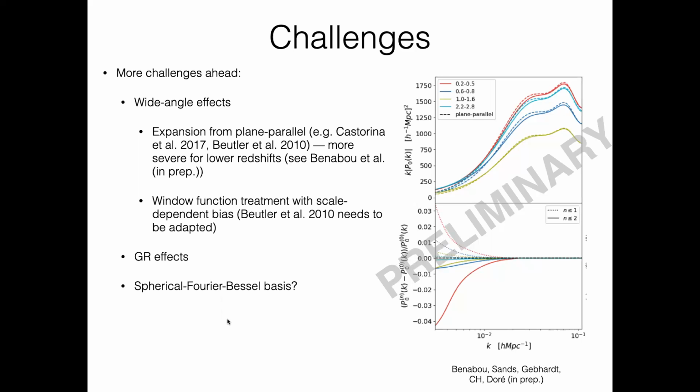For the bispectrum, it turns out to be very challenging to even compute the theory model, to have a fast enough code to compute this theory model. But so far, we're working out the theory. This is led by a student, Joshua Benabou, who is now a graduate student at Berkeley, and in collaboration also with Isabel Sands and Henry Gebhardt, who is a postdoc at Caltech, and Olivier Doré, of course, who supervises the SPHEREx inflationary work.